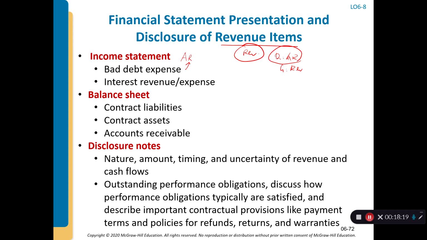This accounts receivable, remember in financial accounting, we always estimate the collectibility of it, right? Okay. And then also the interest revenue and expenses. For example, if there is a considered financing arrangement of the sales, then you need to consider whether there is interest revenue or expenses associated with the revenue recognition. And on the balance sheet,